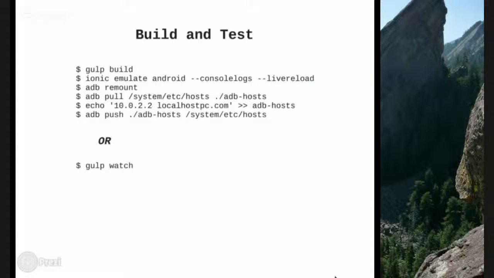So to really build this thing, what we would have to do if we had processing power is run gulp build to squish all of our assets down. Ionic emulator introduces live reload that gives us an emulator that also will persist while spinning out other logs, which is pretty cool. ADB remount allows us to have write access to the system partition on our device. So we're going to pull down a hosts file from our device. We're going to add the